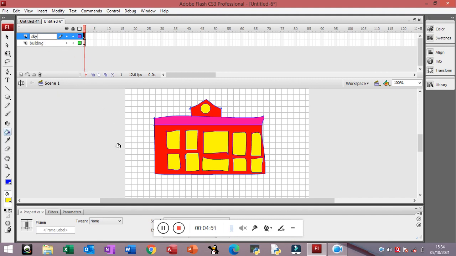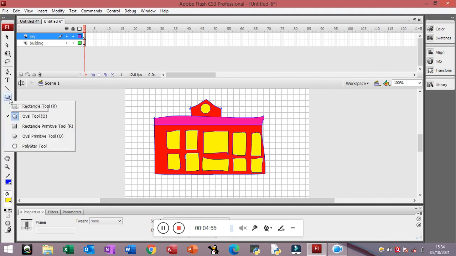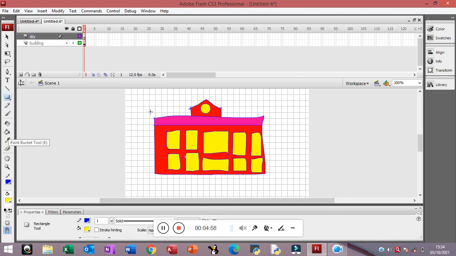And when we talk about layer 2, to make the sky, just take a rectangle from here, the rectangle tool, and draw a rectangle, or what you can do is you can also take color.